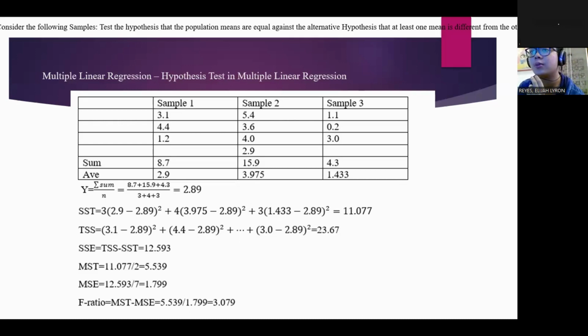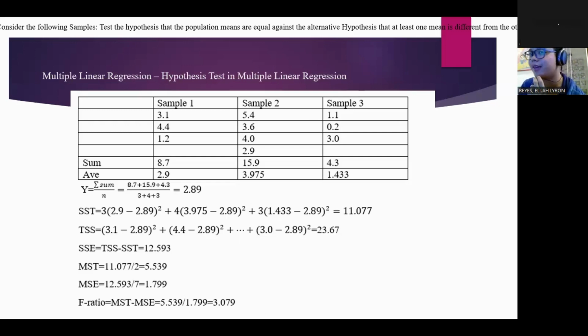TSS is the summation of the individual given values minus our y squared. So we have 3.1 minus 2.89 squared, which is sample 1's first value, plus 4.4 minus 2.89, then all the way up to our last value in sample 3, which is 3.0 minus 2.89 squared, will give us a TSS value of 23.67. And lastly, our SSE, which is TSS minus SST, which is 23.67 minus 11.077, will then give us